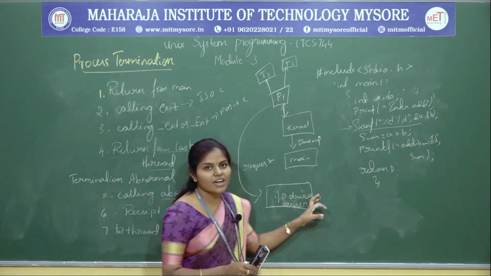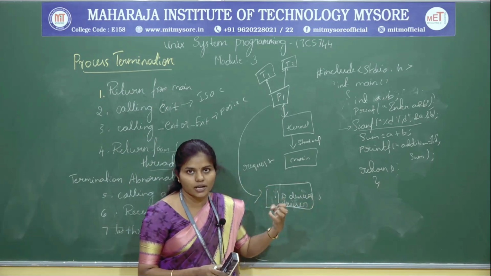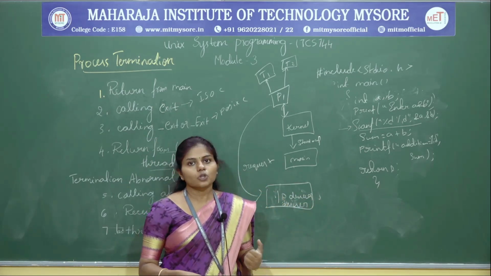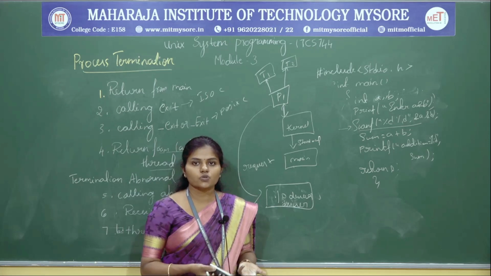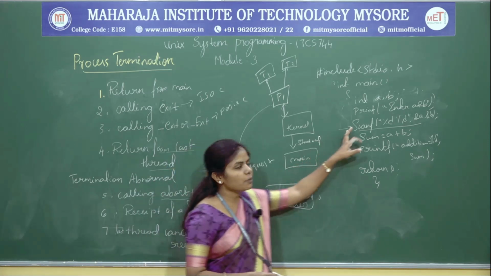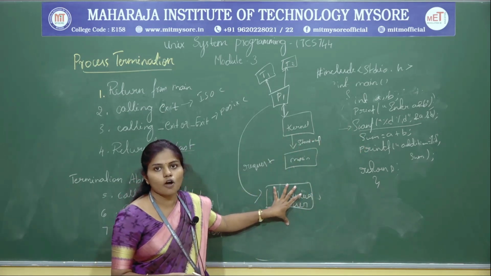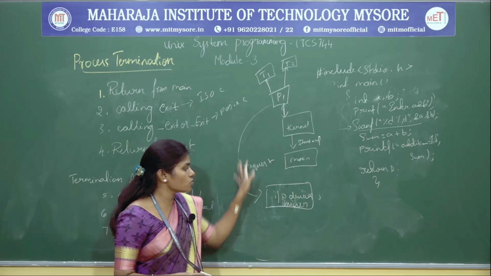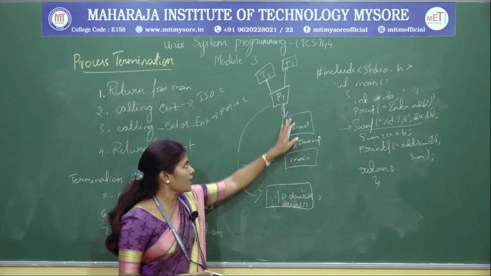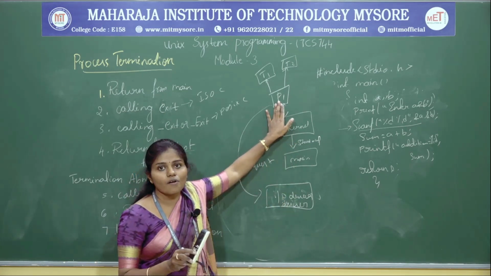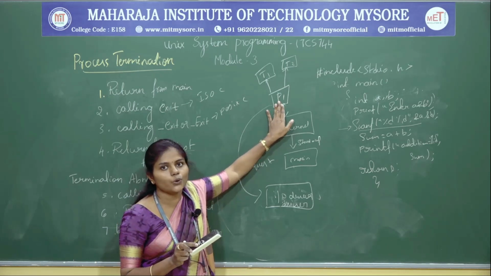Why? Because we have to take the input from the user, right? How is he going to give it? Through the keyboard, right? The keyboard is nothing but an input device. Now through the input device, the user is going to enter the values of A and B. The control goes to the input. Meantime, is P1 going to execute? No, it will be in the halt state.